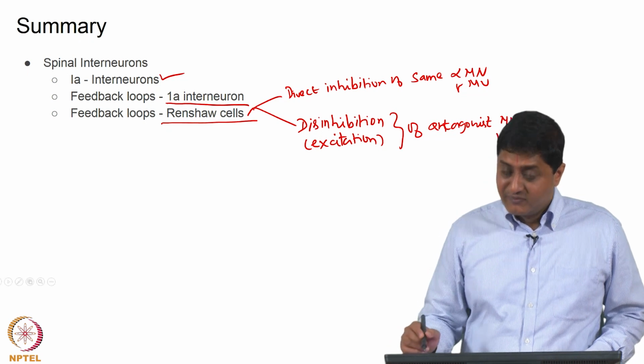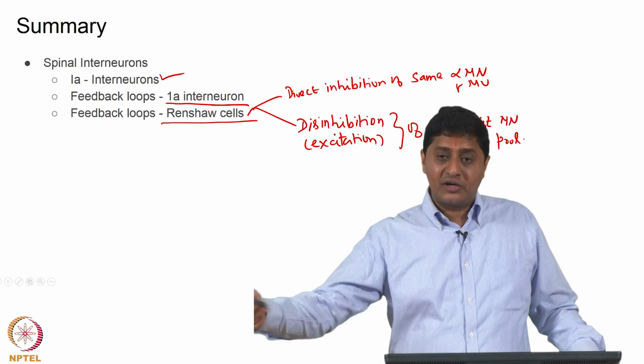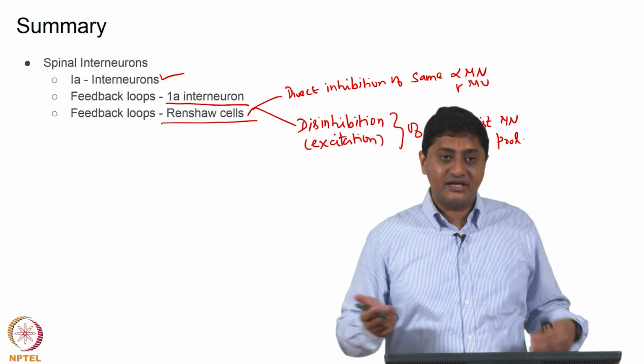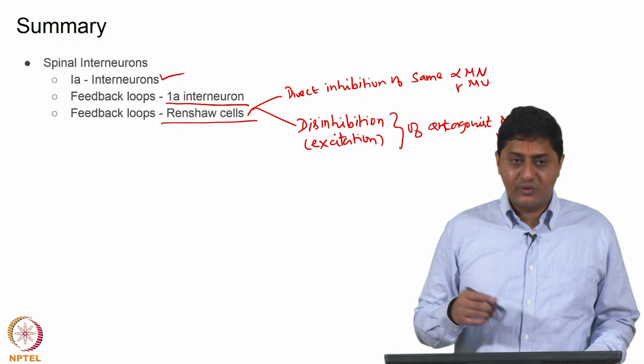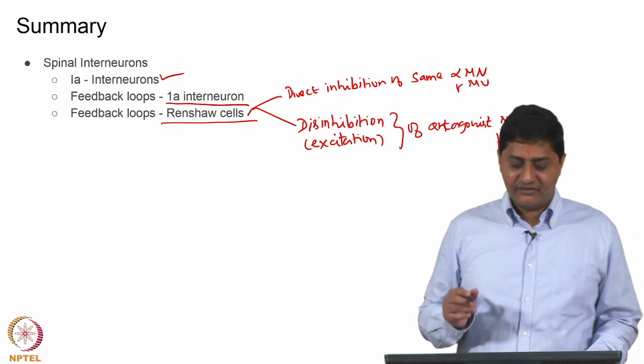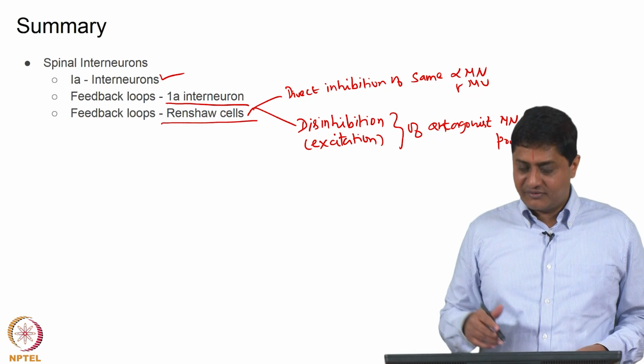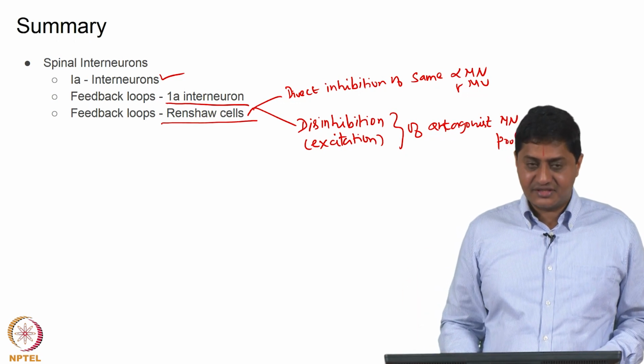So, by this, because I am activating the antagonist, negative feedback is achieved. So, we have seen these three cases, we will see more cases and those that involve reflexes and stuff from future classes, in future classes.